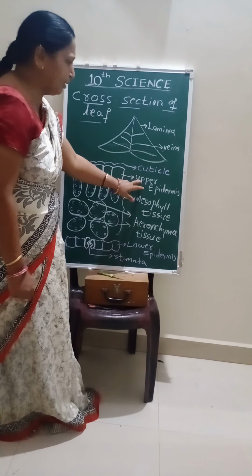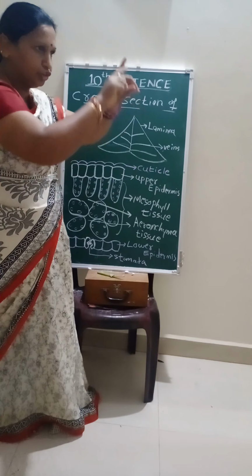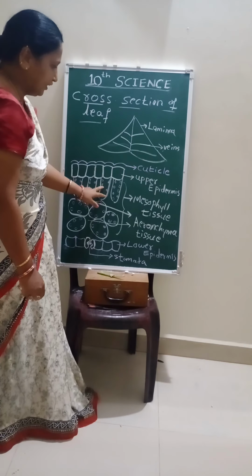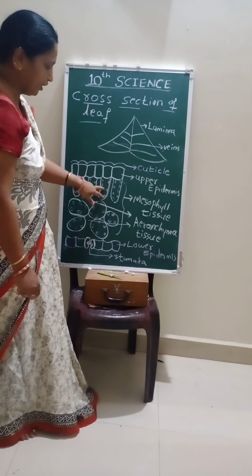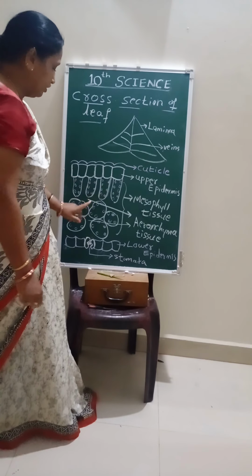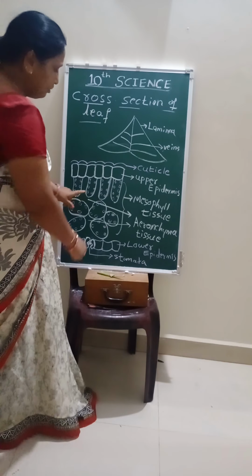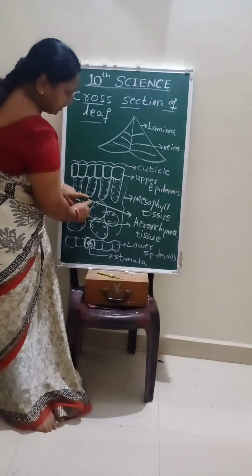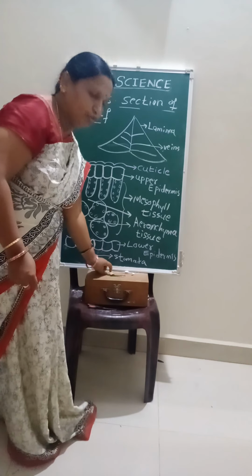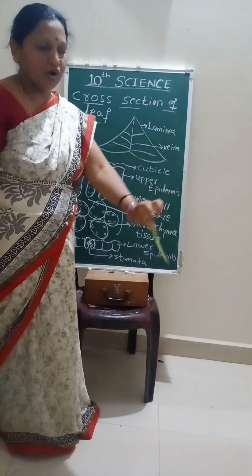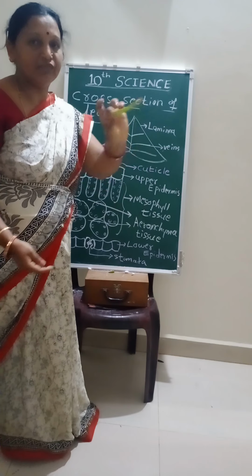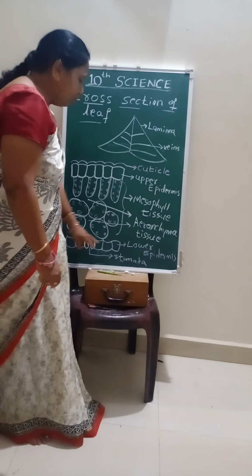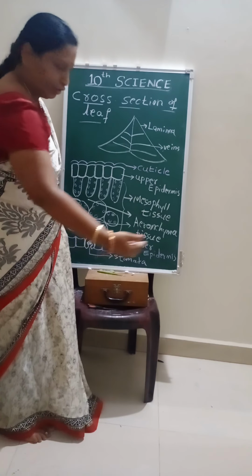And there is a upper epidermis, the outermost tissue layer. And we have a mesophyll tissue. We have a palisade parenchyma tissues. We have a mesophyll tissues, and in between this we have a gap. We call it as Aerenchyma. So this is the Aerenchyma tissues which make, if you put this plant in water, it will float. It is not sinking, it is floating. It is all due to the Aerenchyma tissues. And the lower epidermis, again the lower protective layer.